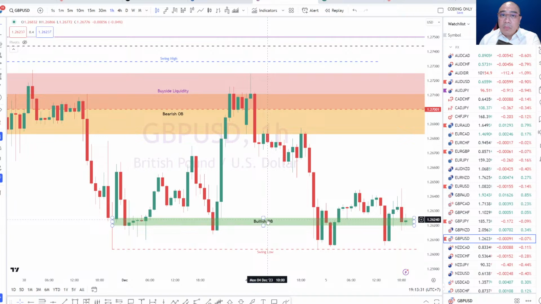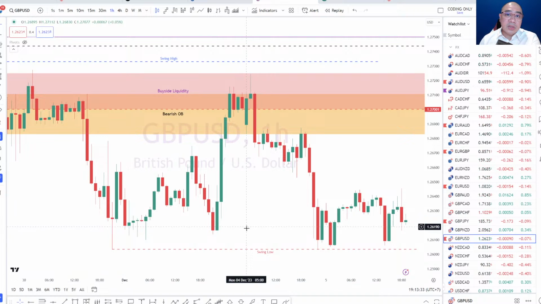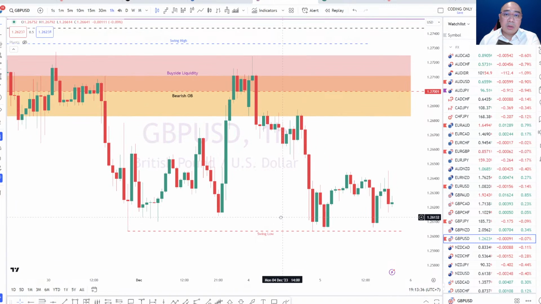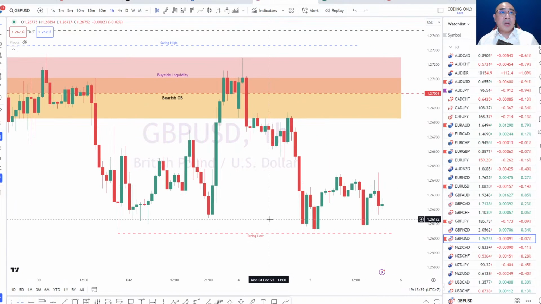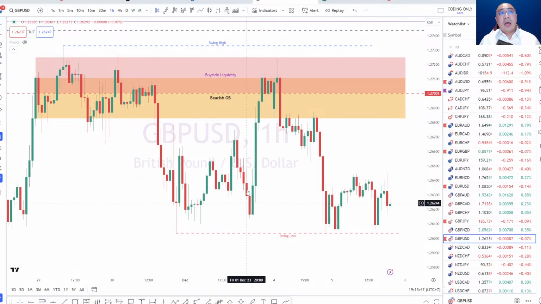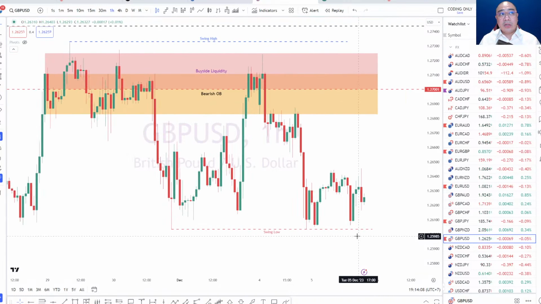But I don't like using that on the hourly time frame because our order block technically comes down a lot closer to 1.26. Okay, so what can we identify from this bearish order block and whatnot? Take a look at where the market breaks back down below the bearish order block. The market does come back and retest it before going down even further, and that's where it comes back to our swing low on the pound USD. So far so good, and we don't actually have a break of structure at this point in time.